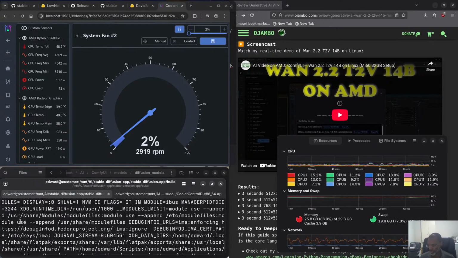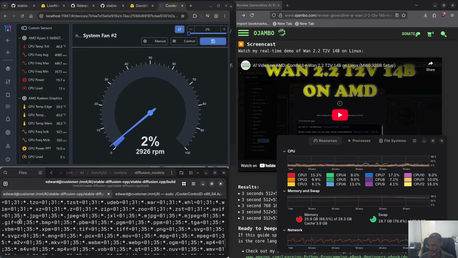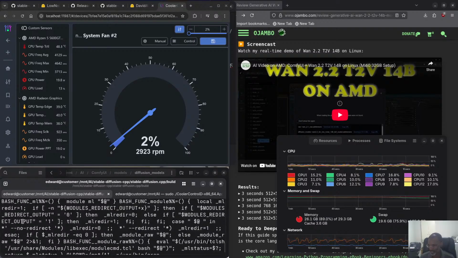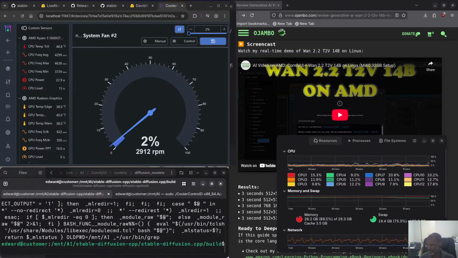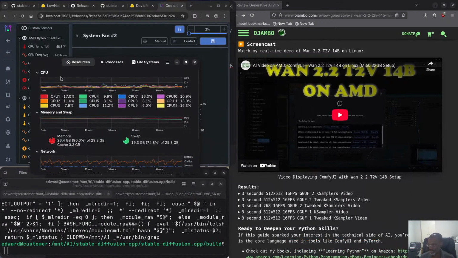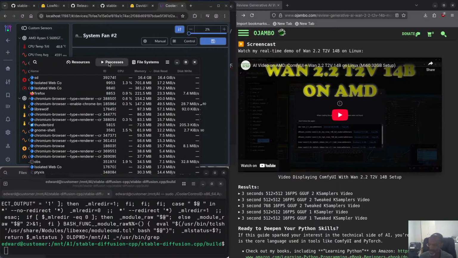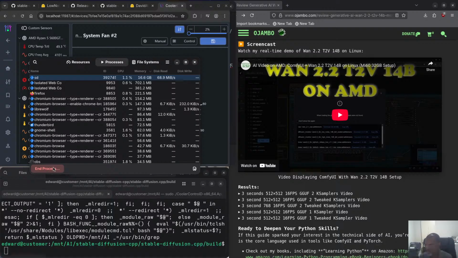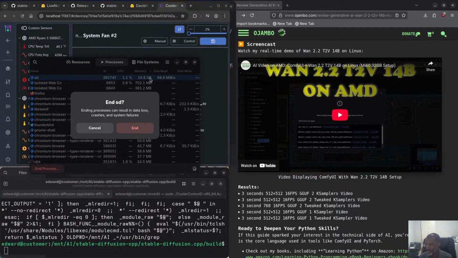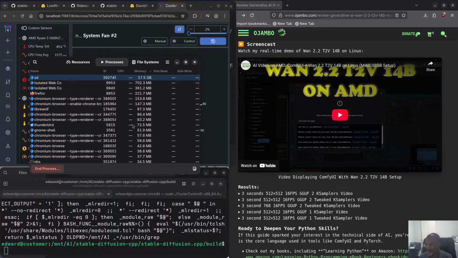Yeah, you see it's running quite a bunch of stuff with SD there. So I think I should be able to come here, go to processes, and here's SD. This is running, so I'm going to end that. And you can see it's still taking up 16 gigs. So if I end that,